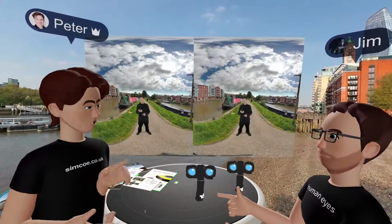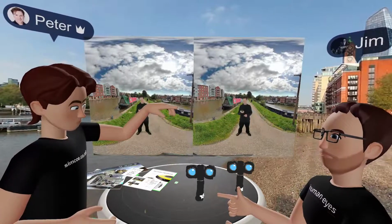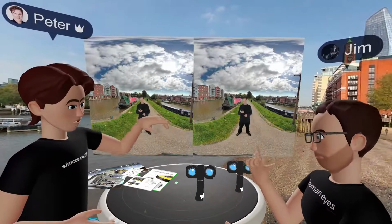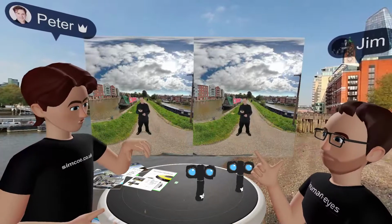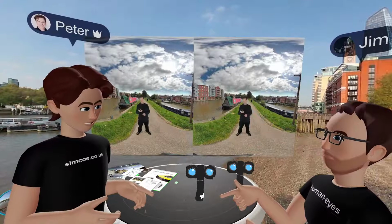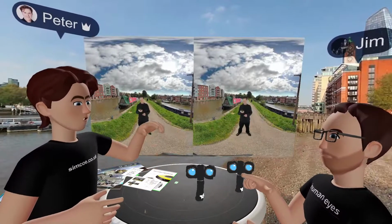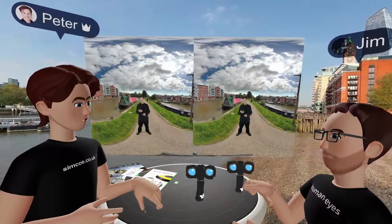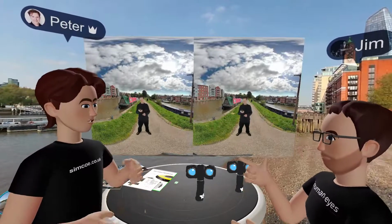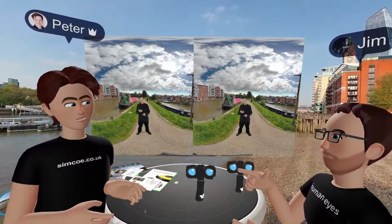So the other thing to bear in mind is make a note of the height of the Vuze camera when you record yourself, and make a note of the height when you actually finally record the location you want to put in the background, because they need to be the same. Otherwise, you will find that you'll either be hovering, or you'll give the appearance of hovering, or be below the ground or something like that. There'll be a strange effect that goes on. So it's one important note. The second important note is I actually...